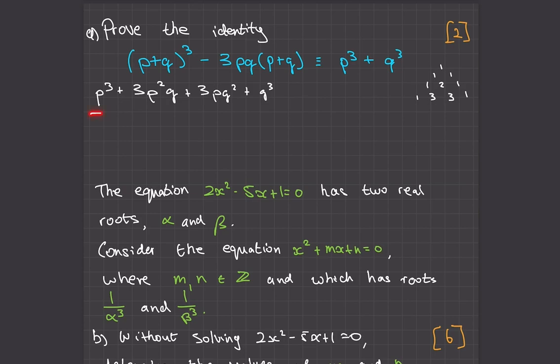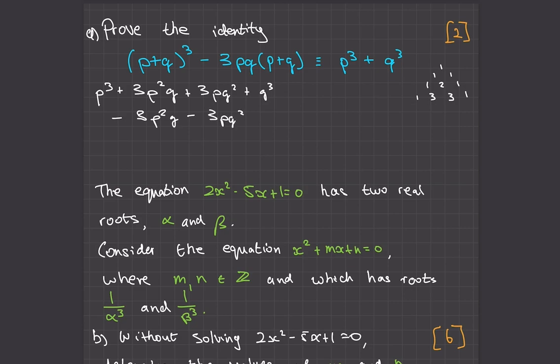And the reason I know it's 1, 3, 3, 1 in the coefficients is from Pascal's triangle. And I just know the general pattern that you start with the highest power of 1, and then this one goes down each time, and this one goes up each time. So here it was Q to the 0, then it's Q to the 1, 2, 3, and here it's to the 3, 2, 1, and then there's obviously a P to the 0, but P to the 0 is just 1. Okay? And then we also have the minus, and then that's 3P squared Q minus 3PQ squared,